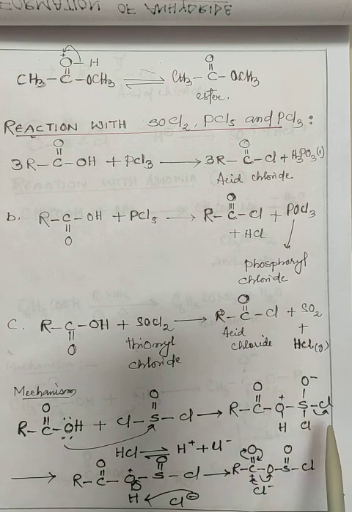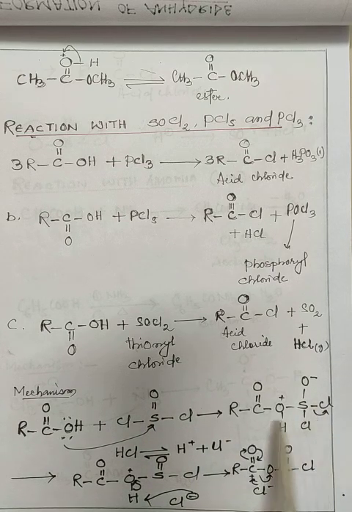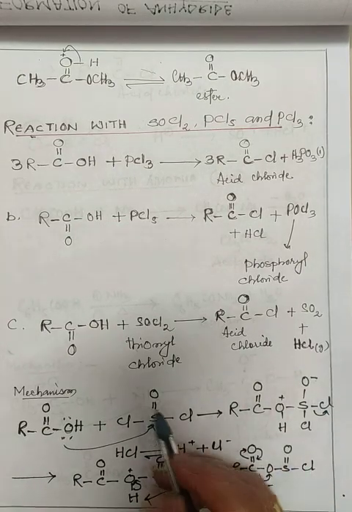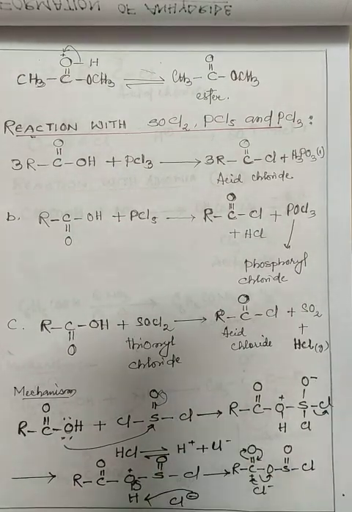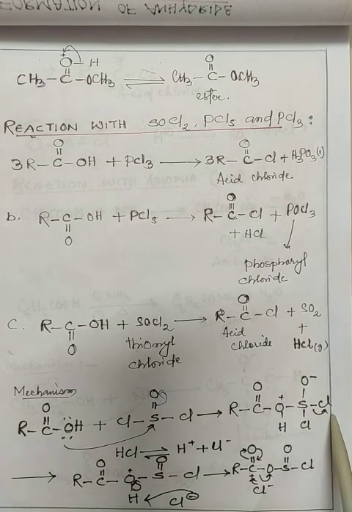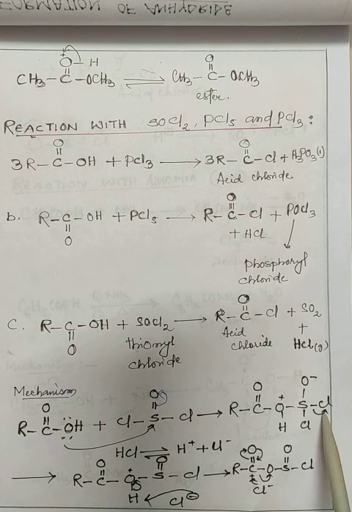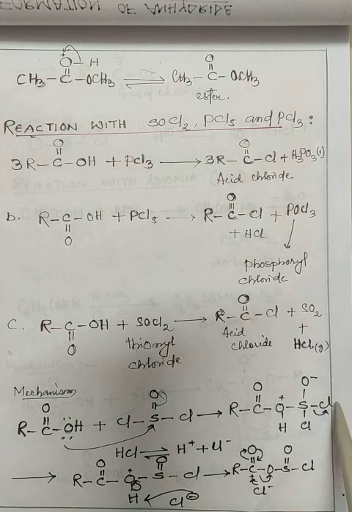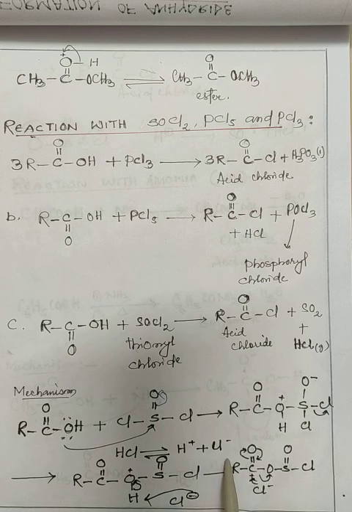Now from this product, we just see from here this oxygen, from this one oxygen, one bond we have to break and then give to this oxygen. When it is given to this oxygen, that oxygen will carry a negative charge, so like this we have to break. Then from these products, this Cl we have to break and then give to here. When it is given to here, this one will also have a negative charge. Now here is this Cl, then reversible, then HCl we will get.